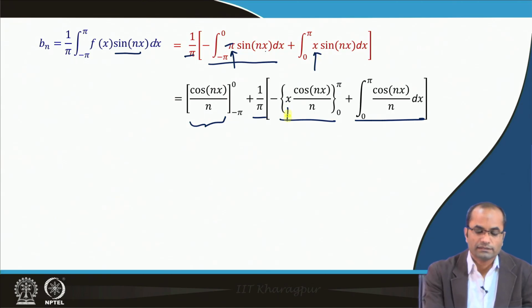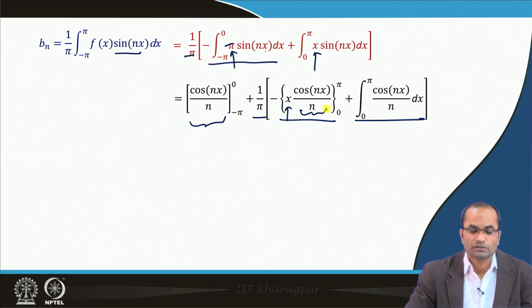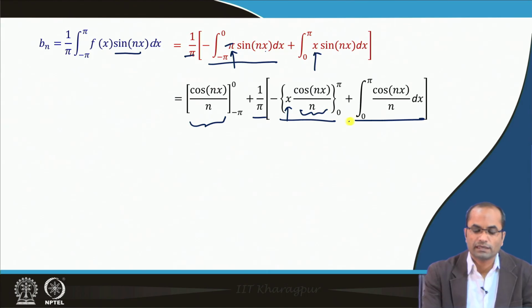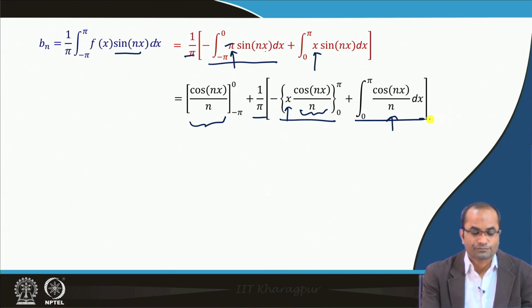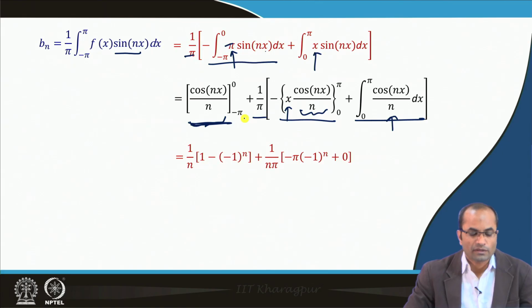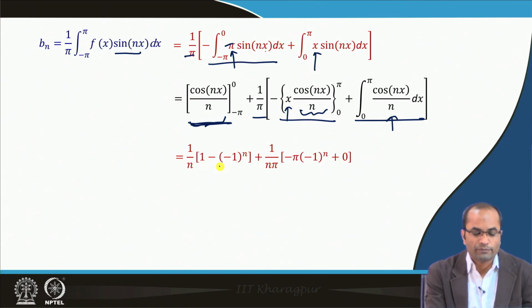So, x as it is, and sin nx became cos nx with the minus sign, and then minus minus plus again the cos nx over n dx. So, this time this term will not vanish. When x is 0 we have this 1, and then at minus pi, we will also get cos n pi,